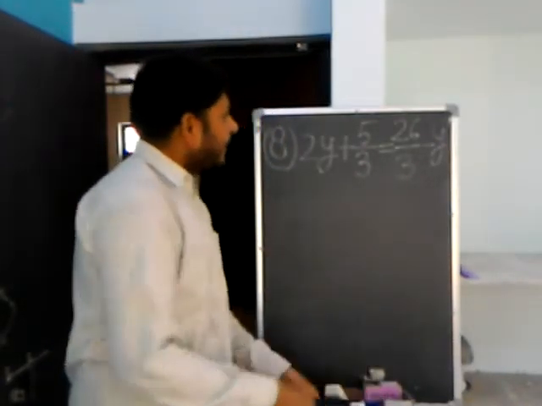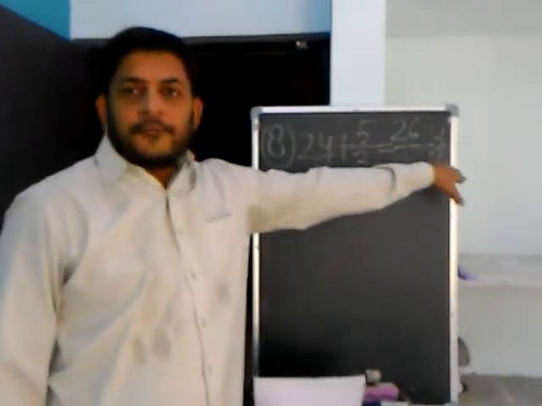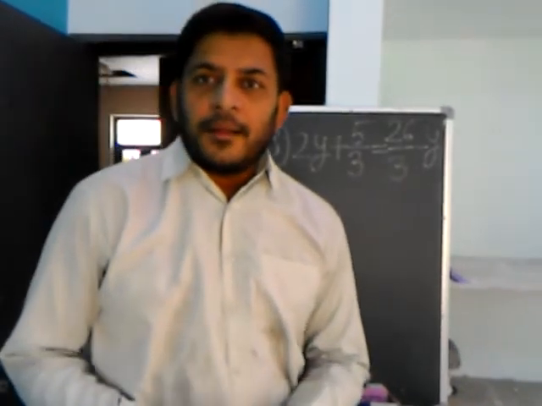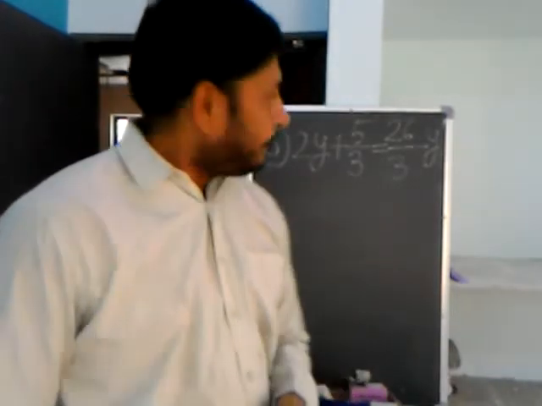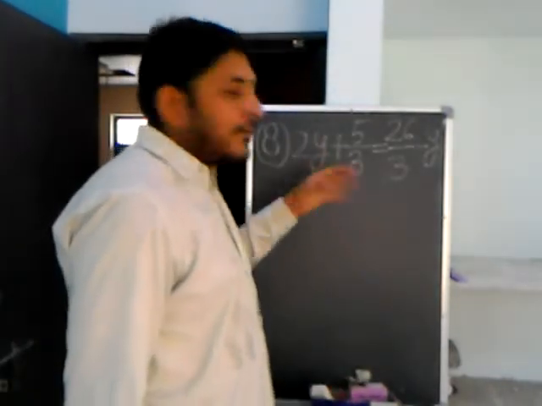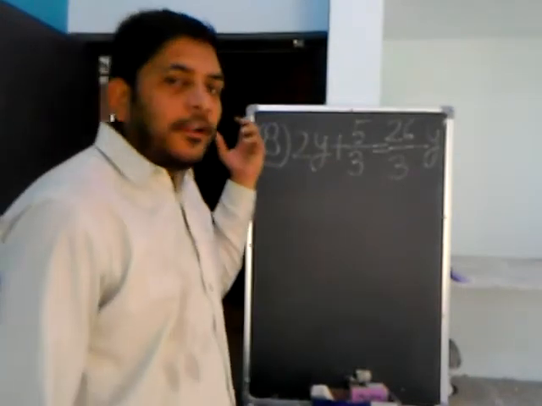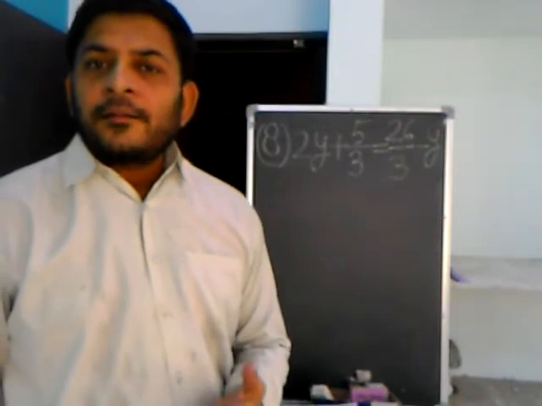As you can see, there is only one variable, that is y, 2y and y. And what is a variable? A variable is represented by a letter of the alphabet, which means this is a simple criterion of being a variable, that it will be a letter from our English alphabet from A to Z.